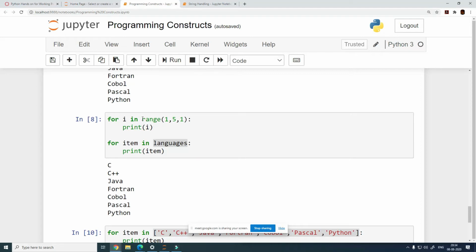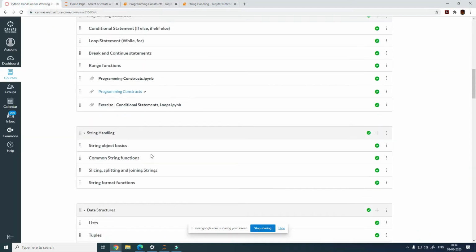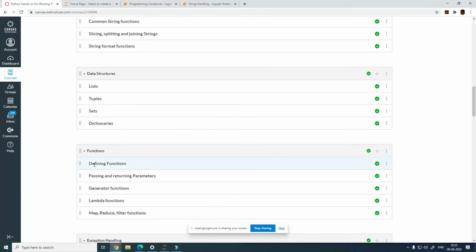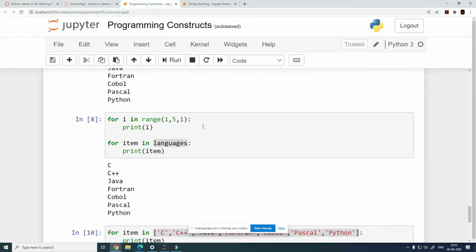Because what happens in this case is, every function, and this is what we are going to cover when we do defining functions after data structures, this will become more clear to you. Every function that we define, or any function which is already defined, has a certain set of parameters that you need to pass, and returning parameters. So we are going to look at all of these. You cannot specify any parameter which the function is not supposed to take, and you cannot miss a parameter that is mandatory for you to call the function.